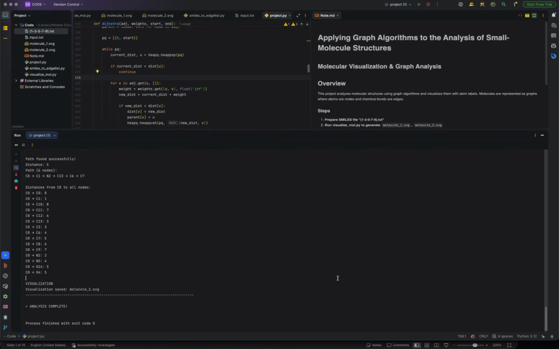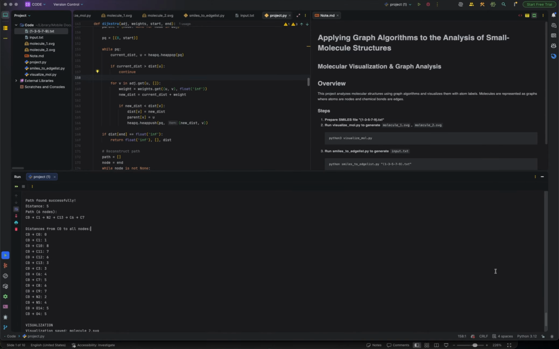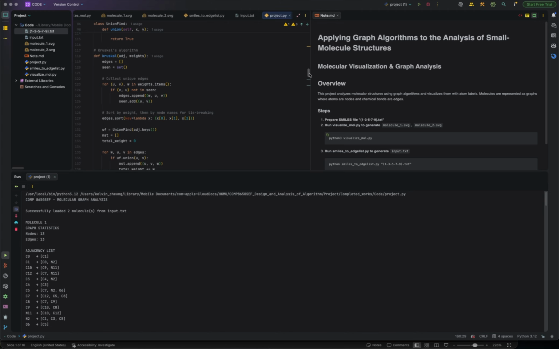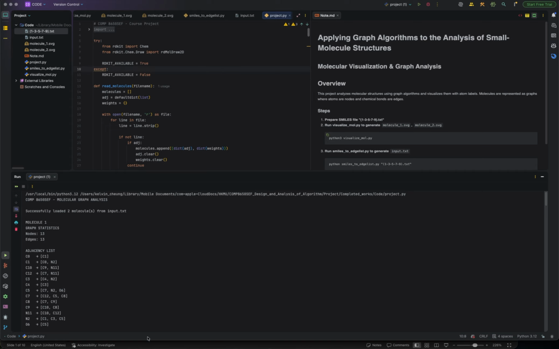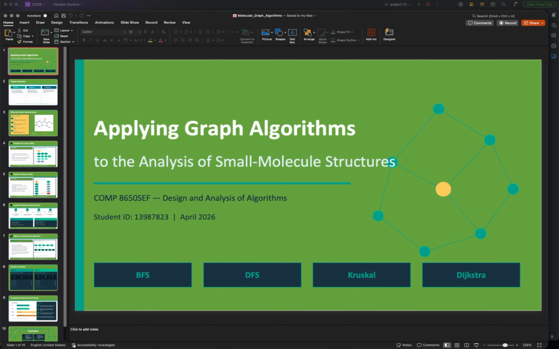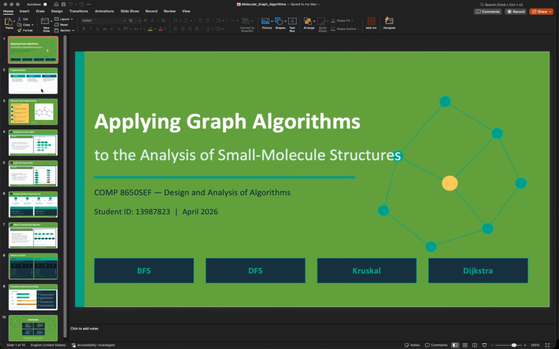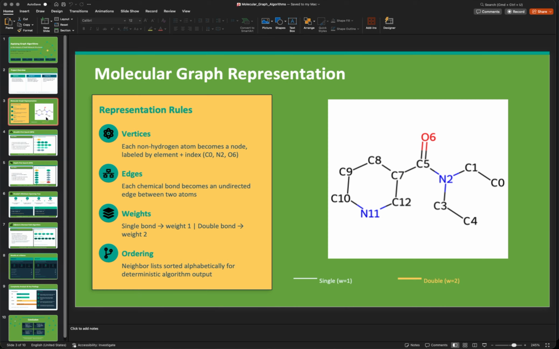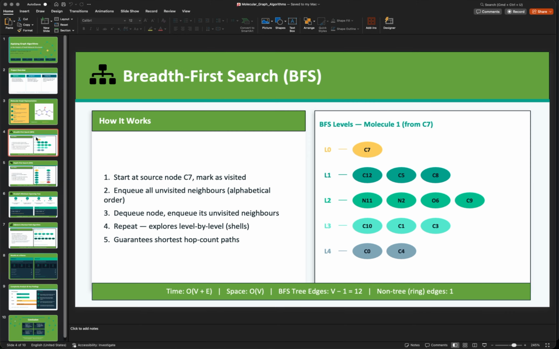Generally, this is the whole flow of my project demonstration, applying these four different algorithms. I've also prepared a PowerPoint for this demonstration, but due to time limitations I'm not going to finish all the slides. Basically, I can just briefly introduce what we did in the whole project. We applied the four different algorithms to the two different molecules, and we also tried to compare